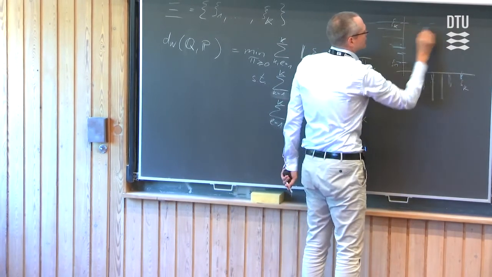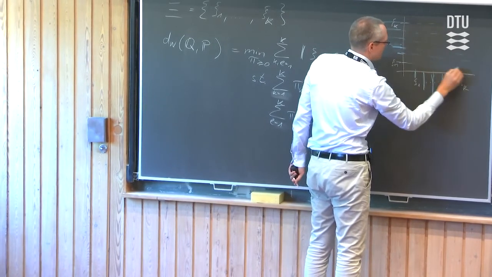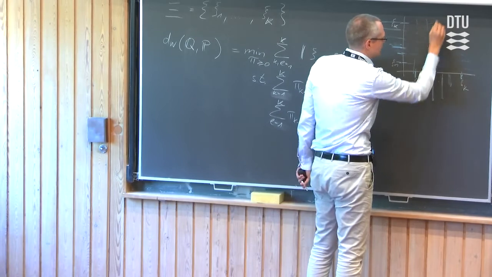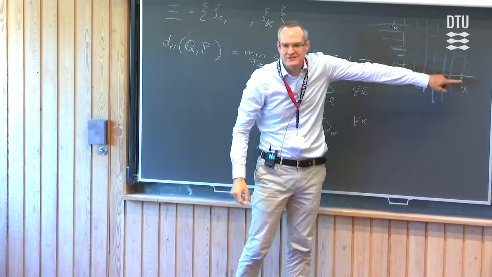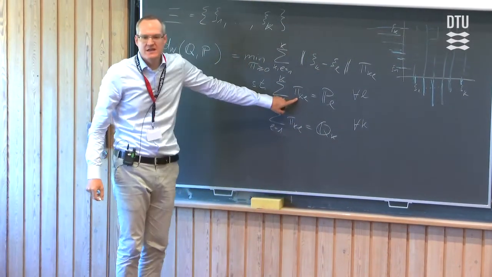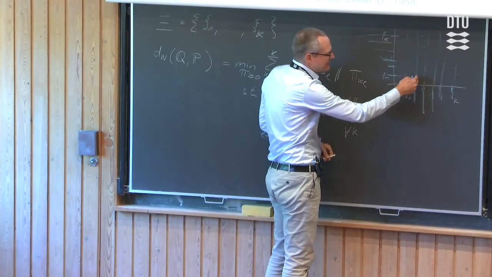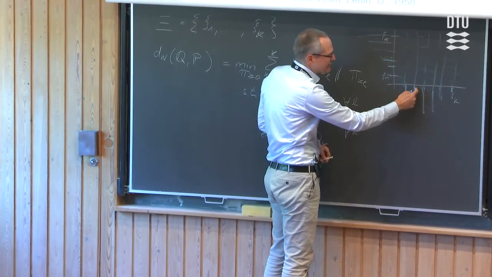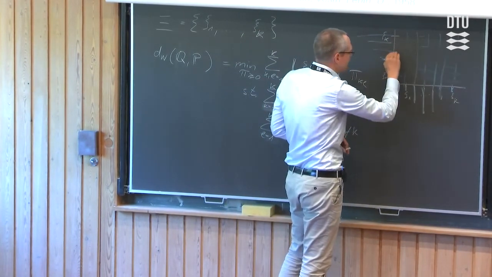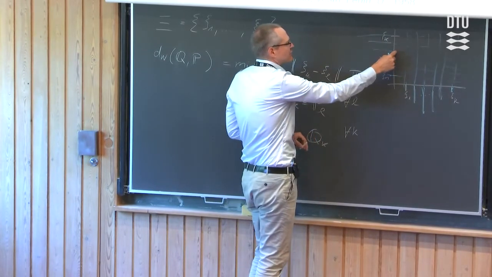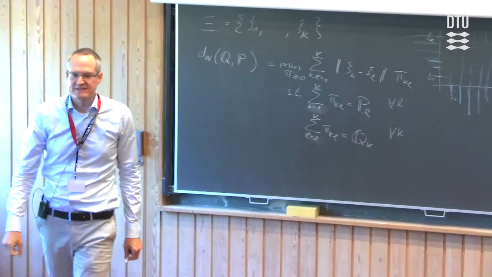And now what we're doing is we're looking at all combinations of these points in the grid, and we're trying to find the distribution on the grid points here. This is the pi, with the property such that if you sum up the probabilities along each vertical line, you get the probability of the corresponding scenario under P. And if you sum the probabilities along each horizontal line, you get the probability of the corresponding scenario under this distribution Q. That's the same thing.